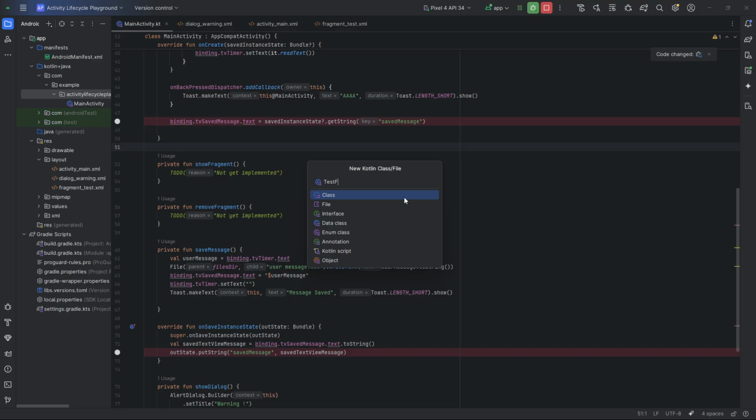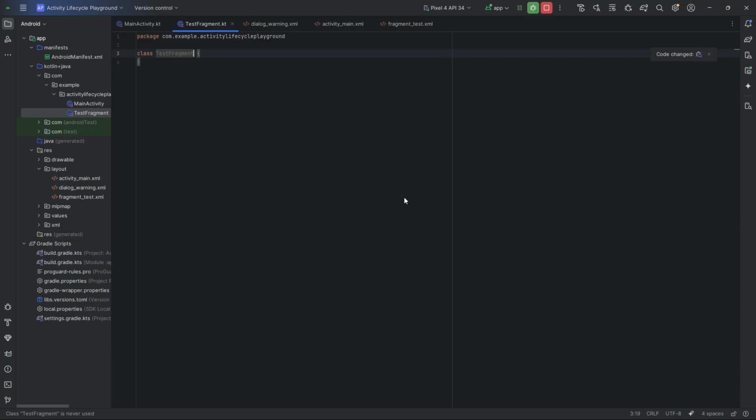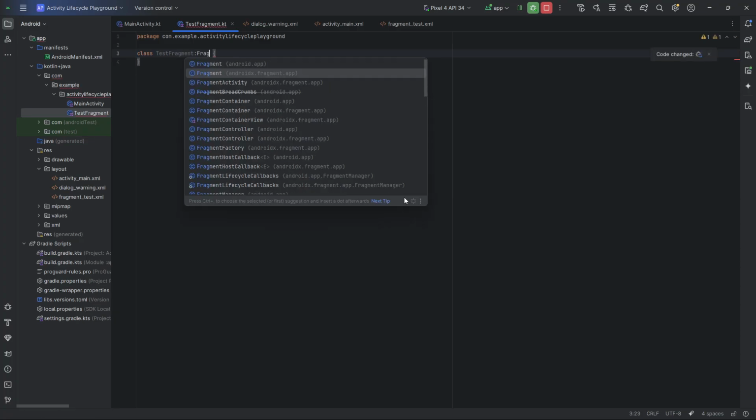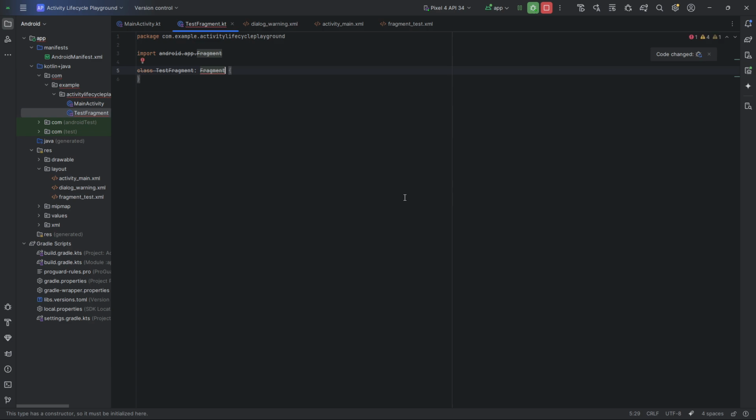So some of this might be forgotten, so this is a good recap. And we'll go ahead now and put in the two lifecycle methods that I highlighted from that diagram in the previous video. And that was one for onCreateView, so onCreateView autocomplete, and then a few line breaks, and then the other one was on